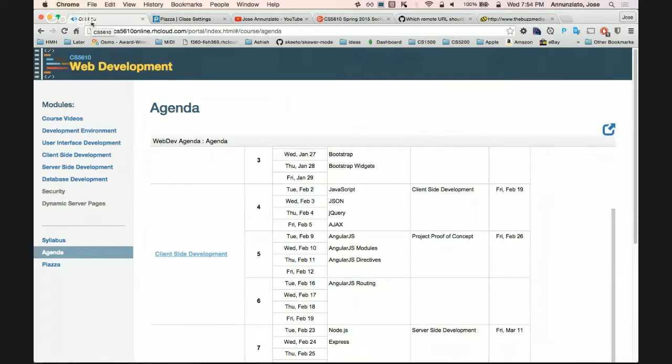Okay, so we're talking about AngularJS. And so we're mentioning that AngularJS is one of several MVC JavaScript libraries that forces you to think about your JavaScript web application on the browser in a particular architecture, a particular template.